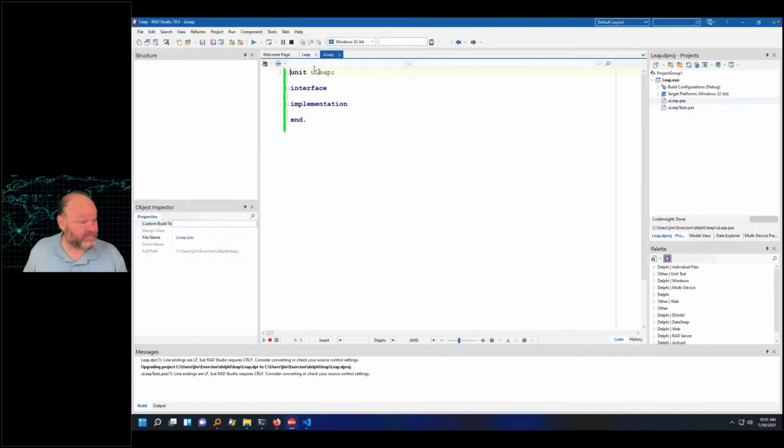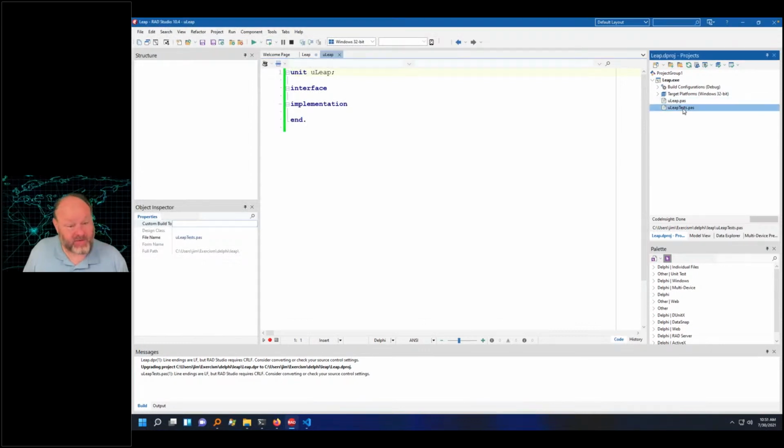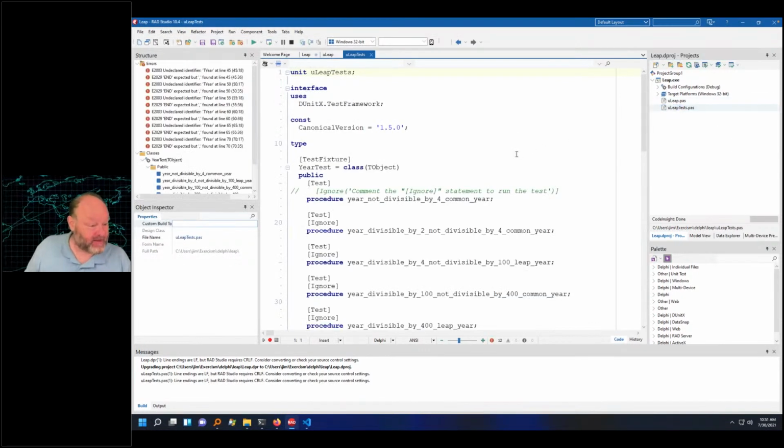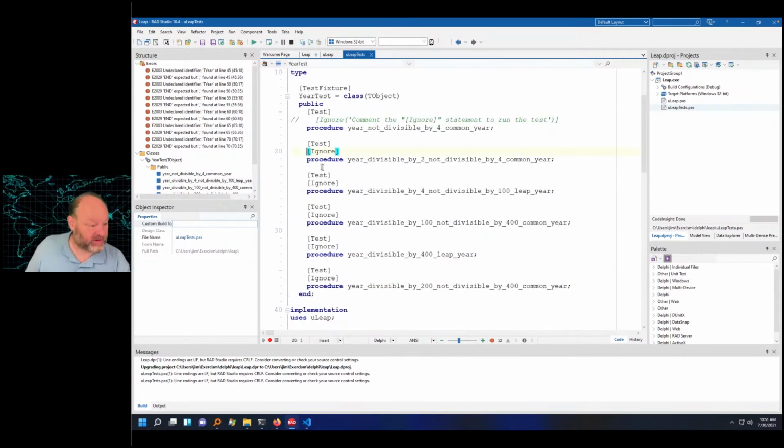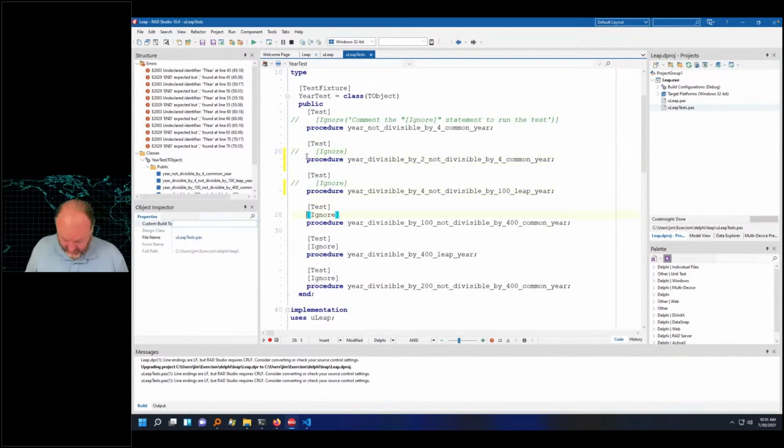So we'll just call this uleap.pas. And we will look at the leap tests to see that it is, so I'm going to go ahead and uncomment the ignore on all of these. So control and the